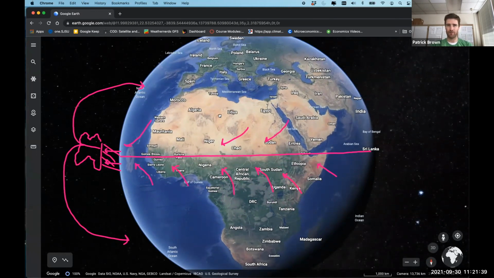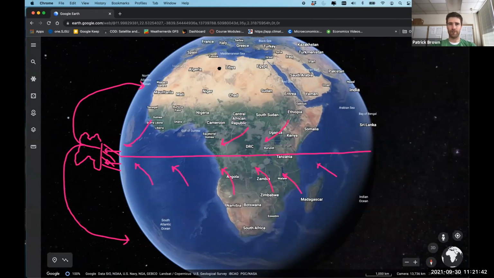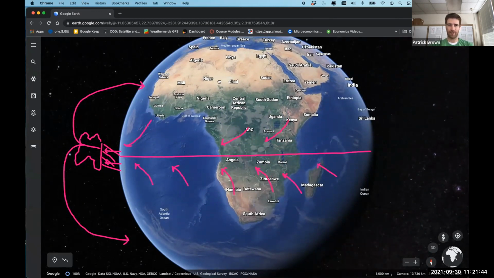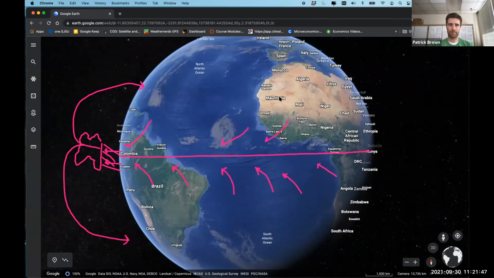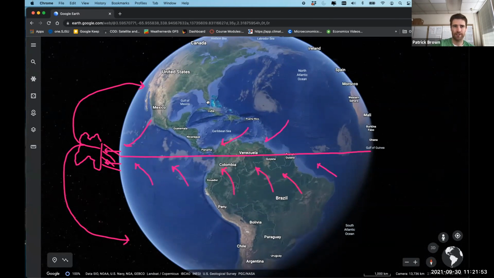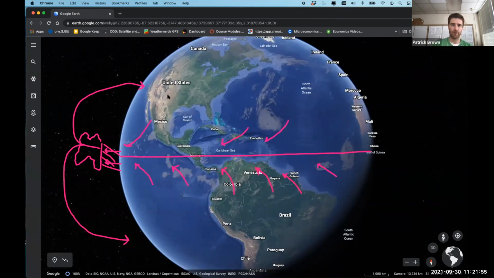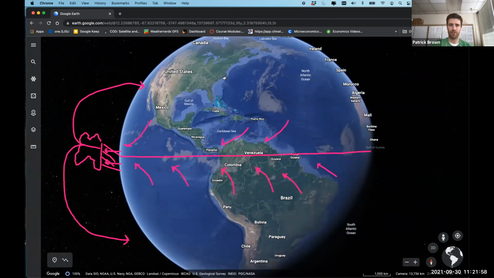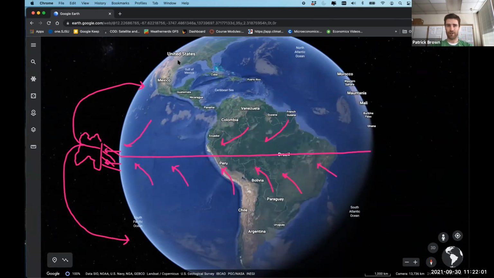This whole thing shifts north. And then in the Northern Hemisphere winter, the whole thing shifts south. And so the same thing is going on over here, that in our summer, this dry area shifts north over us. Then in our winter, it shifts south. And so then we get the moisture for our forests to build up.